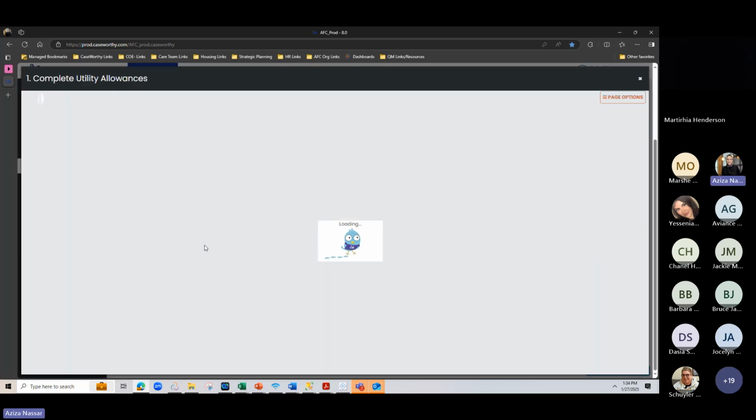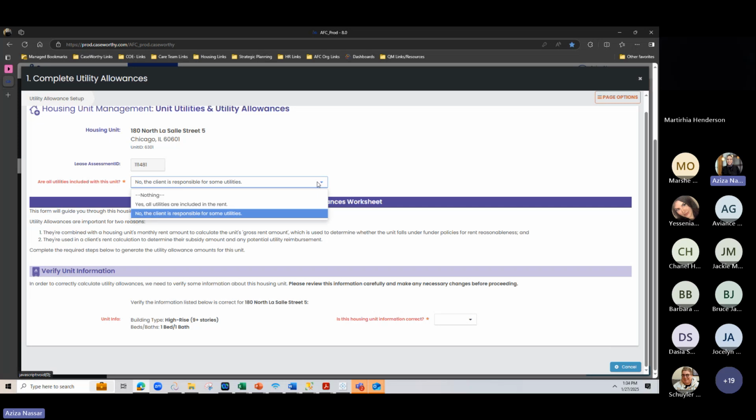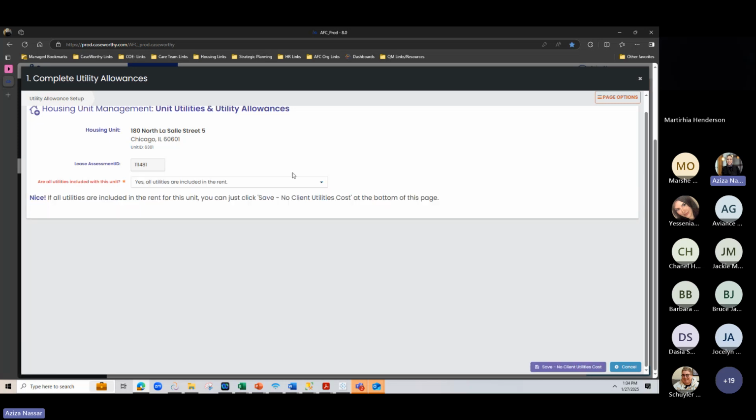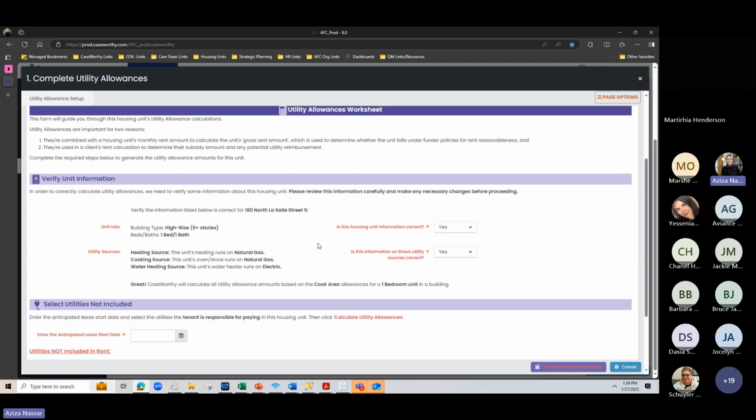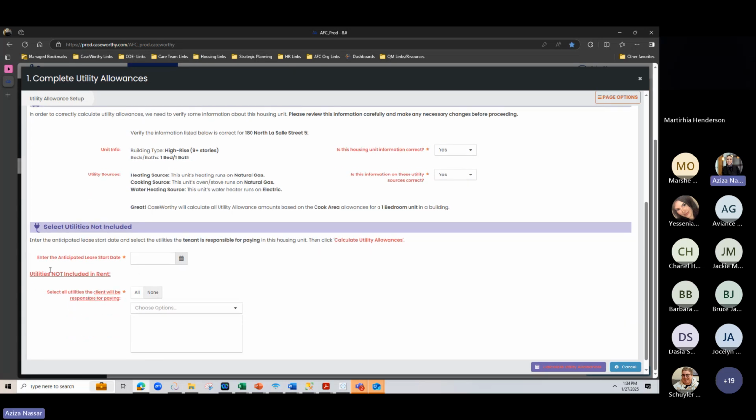Number one, the utility allowance. Remember how I said that the unit demographics and information here is related to the calculation. Here's the first way it's connected. Remember we said the client is actually responsible for utilities. If that's not the case, you can switch it and say, yes, all the utilities are actually included, and save. If the client is responsible for some utilities, we will need to identify what utilities are not included. Before we get to this,